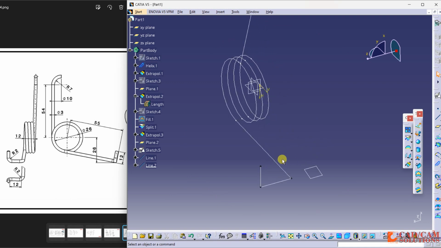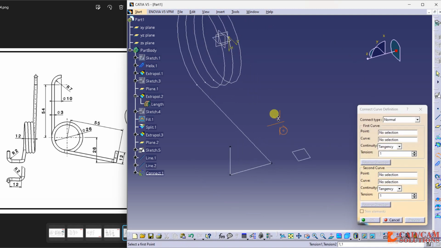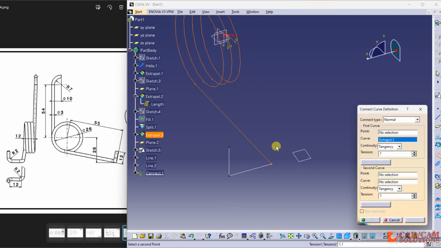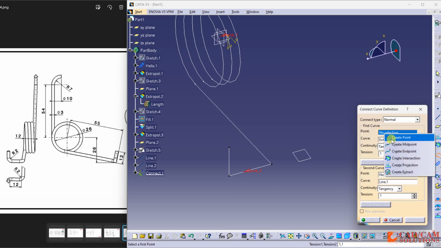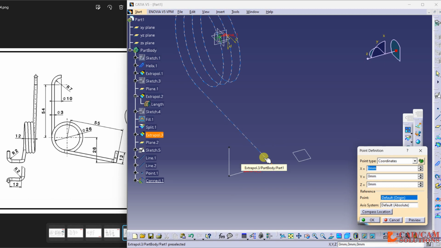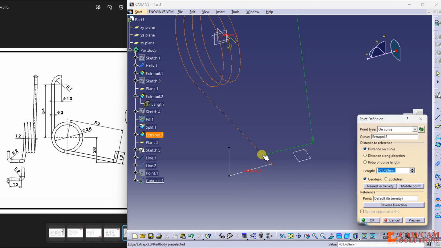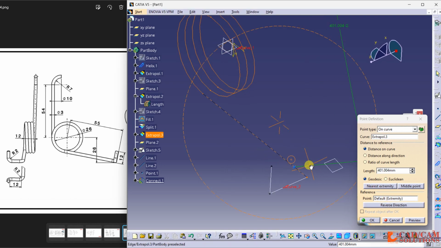Now I am going to define this fillet, so the radius is 2 plus 1.5, 3.5 will be the radius, and I'm using this connector, and my first curve is this, and second curve is this, and the point, click here and create new point, and click this, and here change the direction, so it is coming like this,